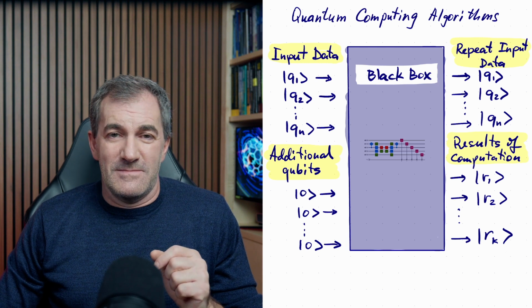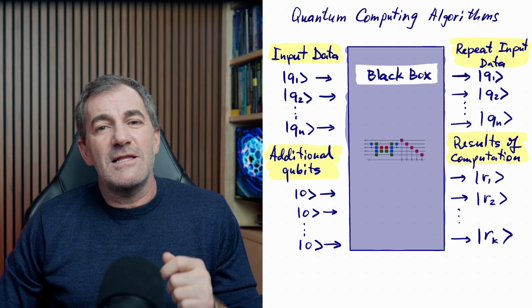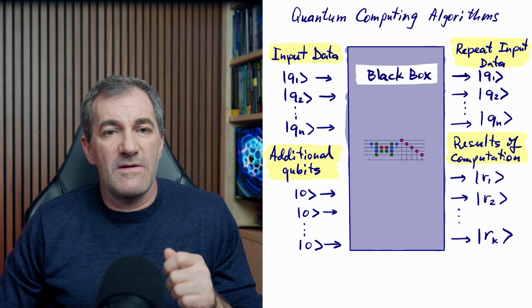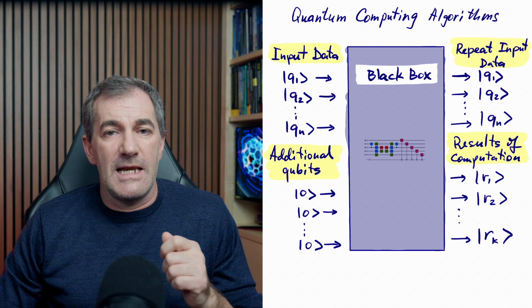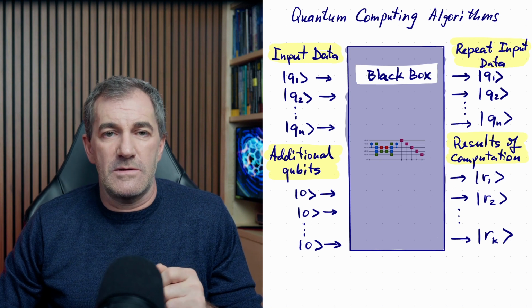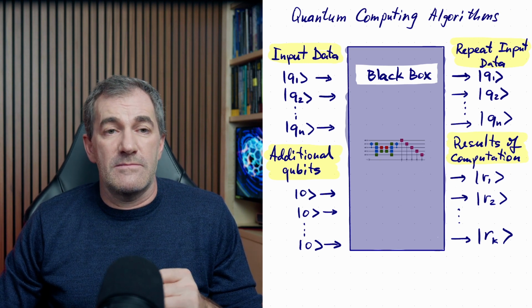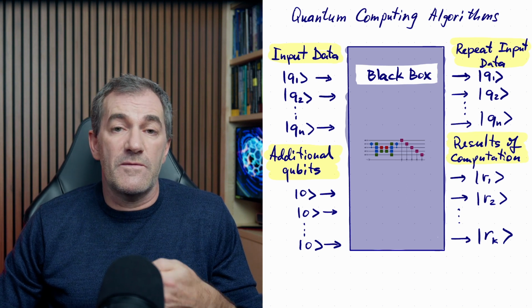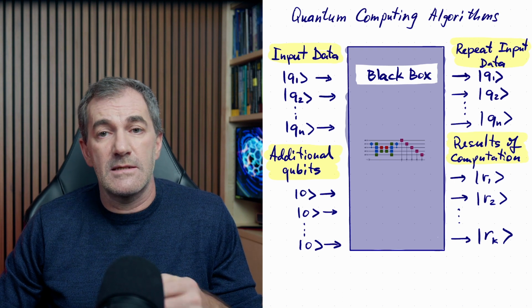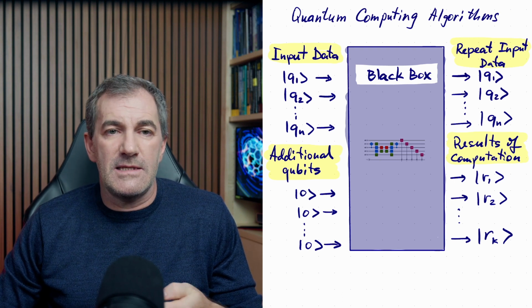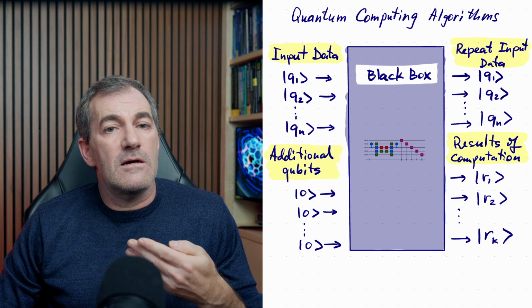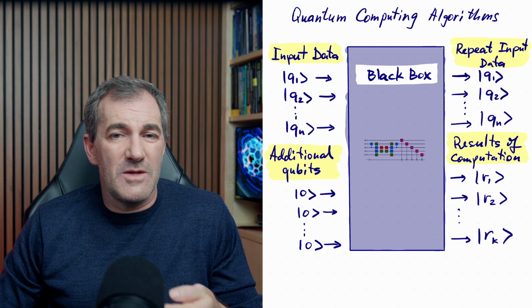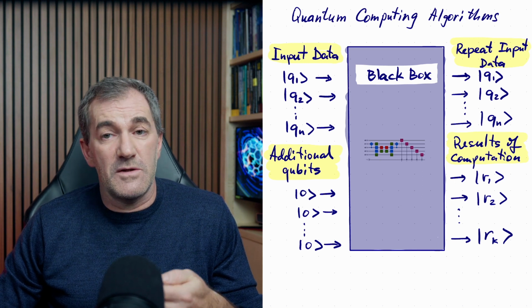Once again, and this is very important, a single execution of our algorithm will get us information about all possible values of cost and profit linked to the corresponding input scenarios. However, as we know, the data is encoded as a superposition of possible scenarios, of possible qubit states. We can't simply read the data and get the results. Simply reading the data will give us a random input scenario with corresponding values of cost and profit.